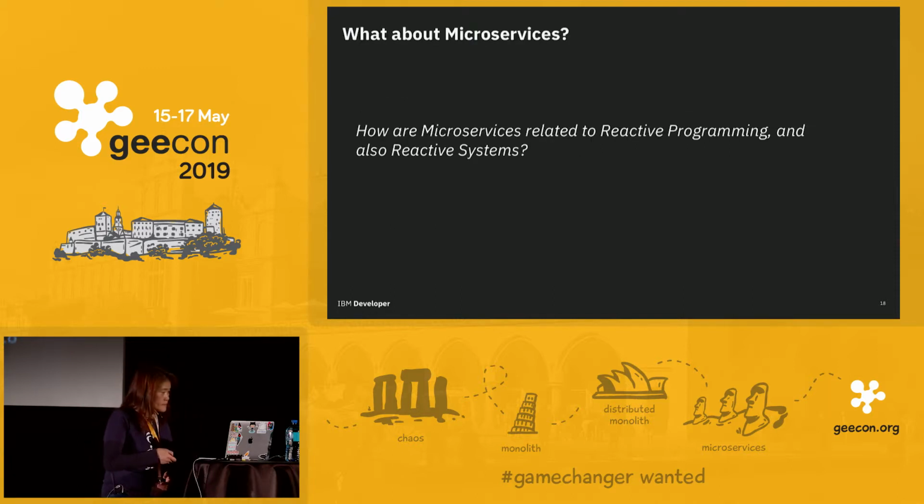Okay. So now what about microservices, right? Reactive programming is basically used within a single microservice, for implementing service internal logic, and it also manages the data flow. And reactive systems are used in between the microservices. So reactive systems and microservices are basically used to bridge all of the communications among the different components, so that it enables all of the principles of reactive systems, namely responsiveness, resiliency, and elasticity.